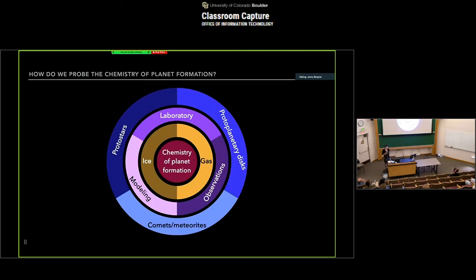So this schematic is just a guide for understanding some of the different approaches that I'll be talking about throughout the talk. The idea is you can take one segment from each layer and combine them in different ways to approach different questions that you're trying to answer. So I'll be coming back to this to help situate people throughout the talk.